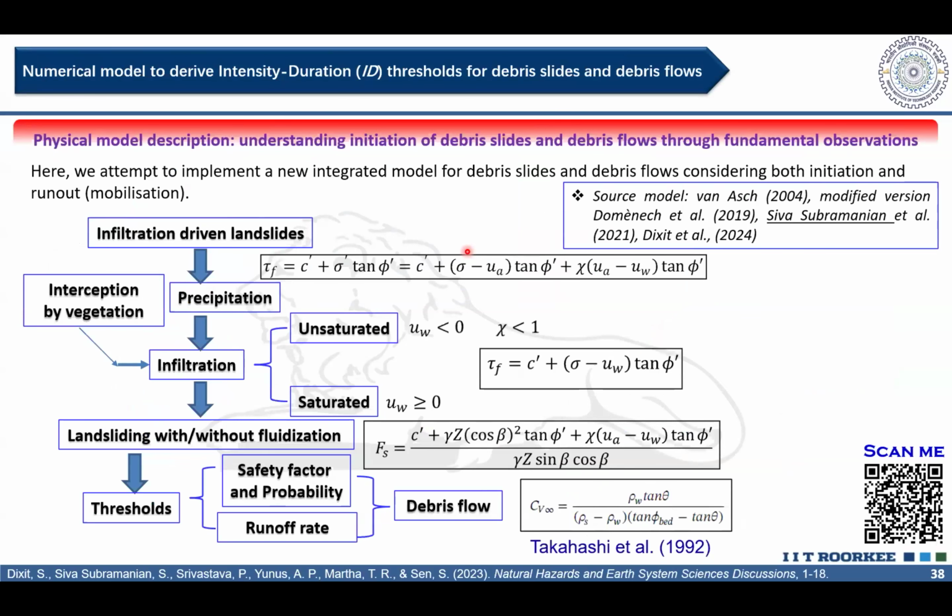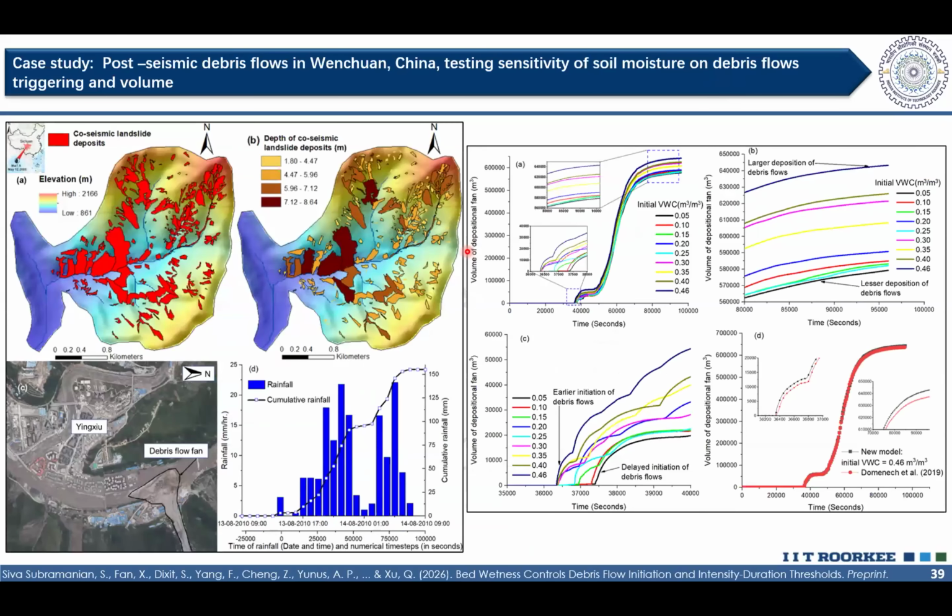And for Indian conditions, if we want to use the same model, we also developed a debris flow model which considers the initiation of debris flows. There are many debris flow models which are able to simulate the runout very effectively considering different rheological parameters. But many models, except for some models which account for the hydrology, will not model the triggering of debris flows. So we also developed this model, and we applied these models to different catchments across the globe.